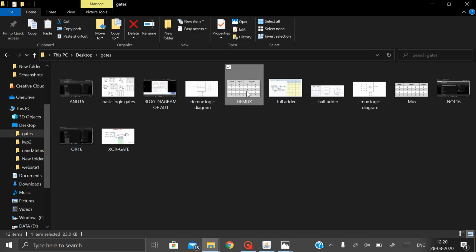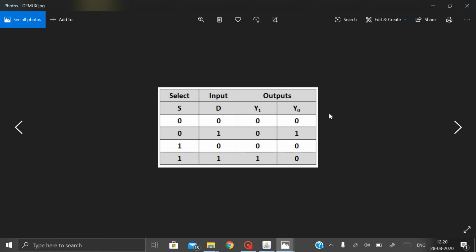Let us show the truth table of demux. You can see there are two inputs, which may be A, B, X, Y, etc., as it doesn't matter, and selection line input.